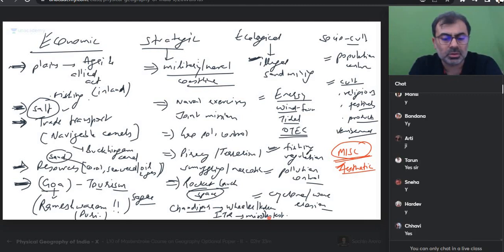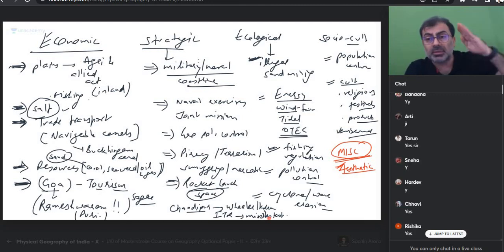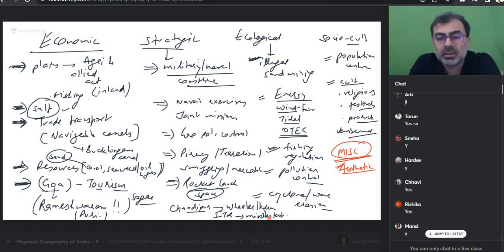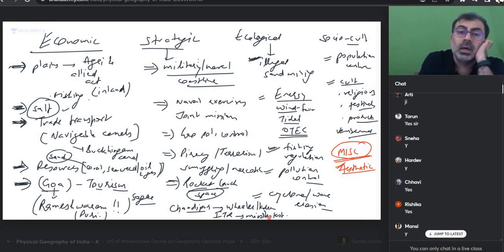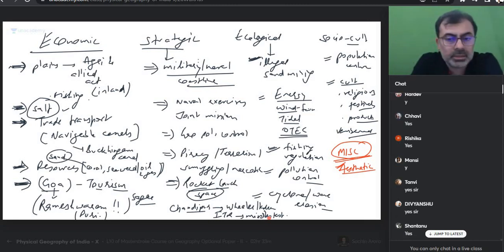So generally the east coast is preferred for all those rocket launch and missile, कि अगर गलती से मिस भी हो गया तो it should fall in the Bay of Bengal, it should not fall on the people. So coast पे वहाँ पर that's what they are doing. So strategic also, वो point मेरा मिस हो गया था, is everyone okay? Make sense? हमारे इतने आइलैंड्स हैं, उनके साथ कनेक्टिविटी करना है, रिलीजियस टूरिज्म है, वो करना है, ये सुनो।